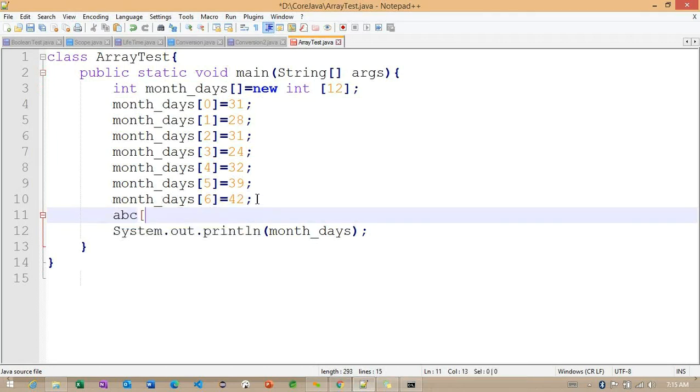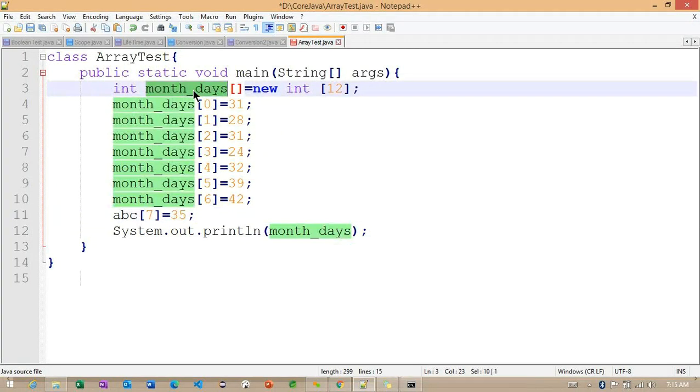So here we have int month_days, right? Instead of month_days, if I give only days and print days, will the value change because it might be a new object? Can we try that?